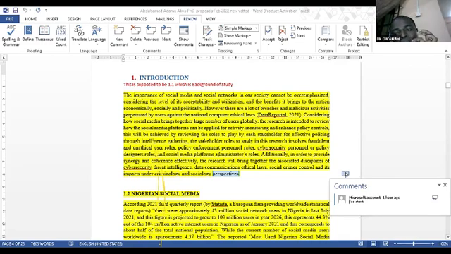So I want to talk to the owner of this work, Aliyu Adamu. Combine the first paragraph, your wrongly titled introduction, and your wrongly titled Nigerian social media. Join the two of them together and label it as background of study. And then check if it is more than 1 to 2 pages. Then you begin to eliminate some words. But the write-up in itself is okay.